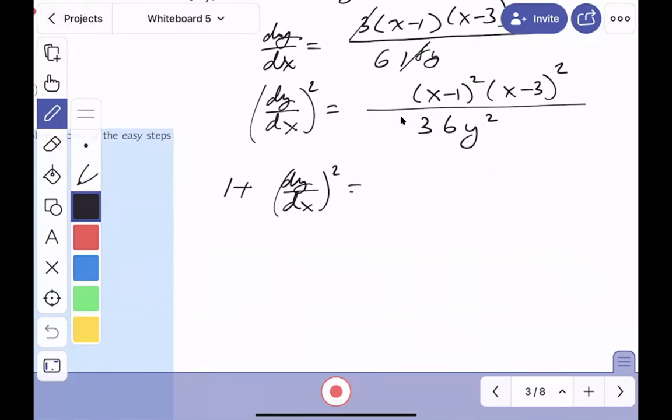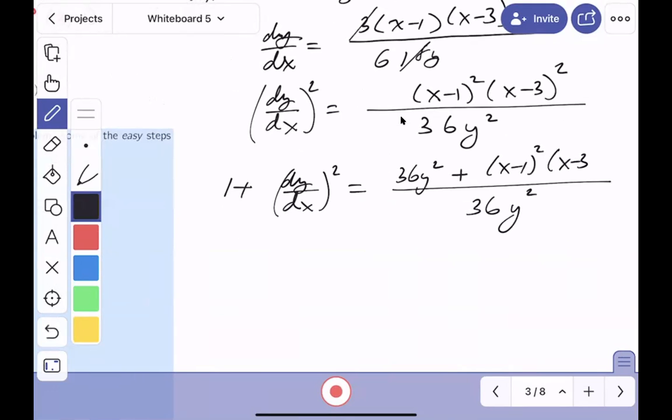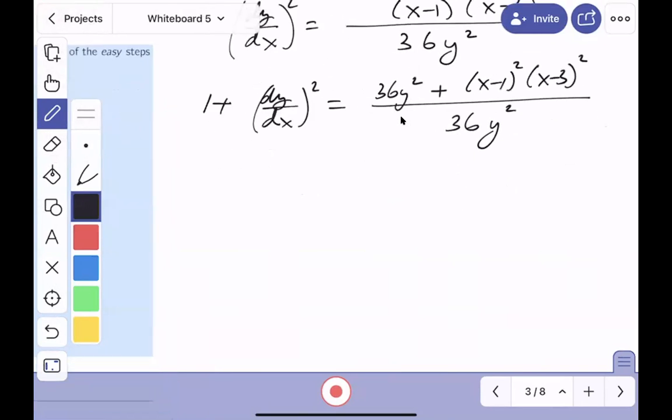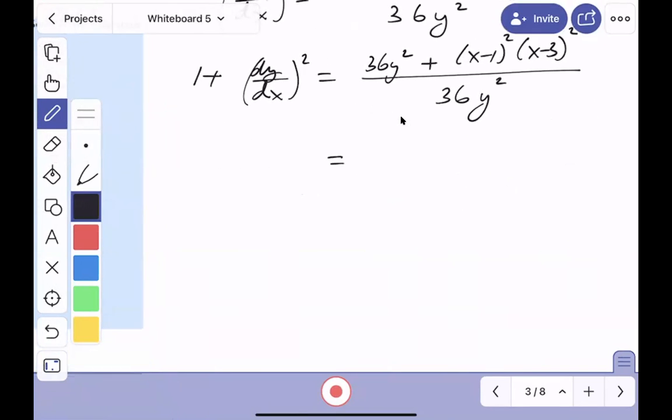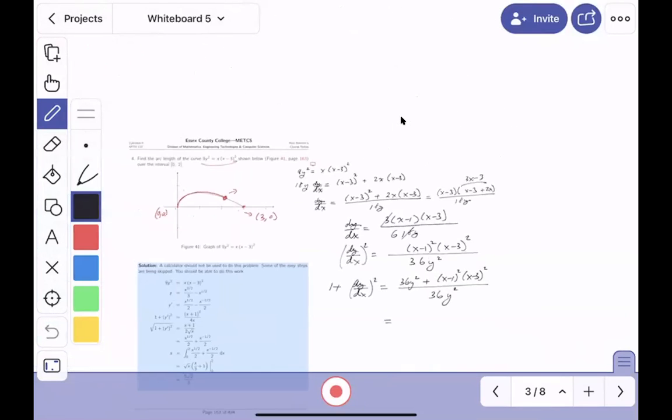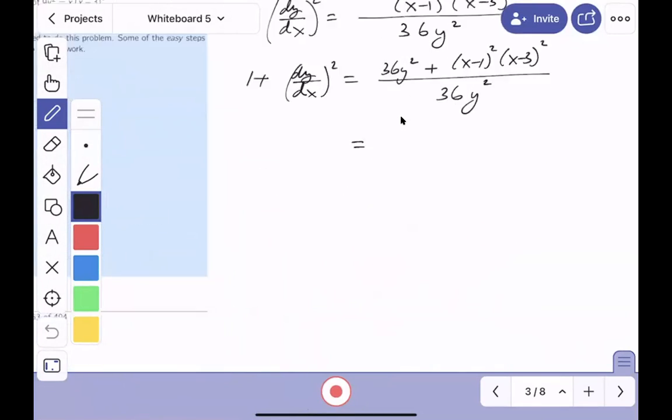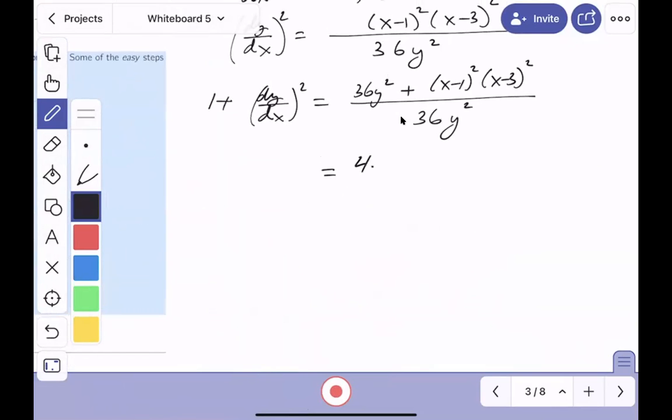And I know it looks crazy to you. I assure you they work out beautifully. So 36y squared plus x minus 1 squared, x minus 3 squared. Now, what I'm going to point out is that I think I've seen this guy before, the y squared. And where is it? It's right up there. It's 9y squared. So I'm going to write this as 4 times 9y squared plus x minus 1 squared, x minus 3 squared